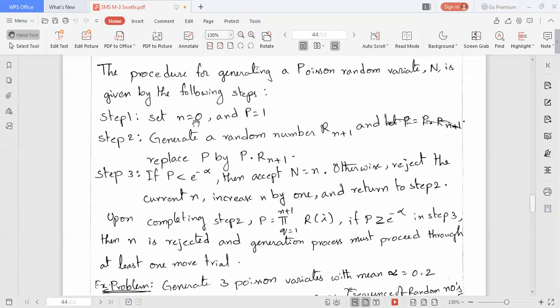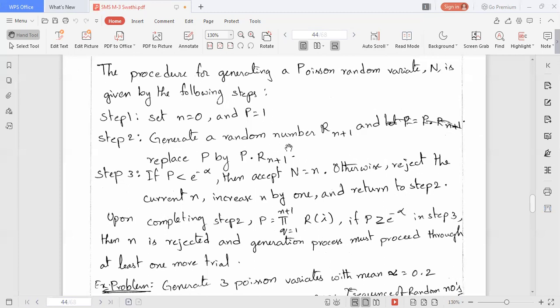The current value of n was 0, so n equal to n plus 1, that is 0 plus 1. So if p is greater than or equal to e power minus alpha, reject the current n, increase n by 1 and return to step 2.